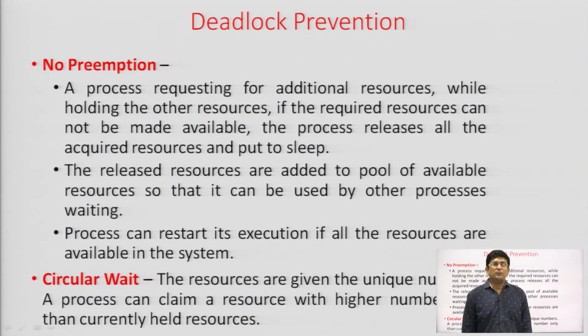Now, the deadlock prevention scheme was suggesting that we have the 4 conditions. Let us deny any of those 4 conditions such that deadlock does not take place. So, we have 4 conditions: mutual exclusion, no preemption, hold and wait, and cyclic wait. If you do not let the no preemption take place, means by preempting the resources, deadlock will not be there. If you are denying the hold and wait, deadlock will not be there. If you are not allowing circular wait to take place, then deadlock will not be there.